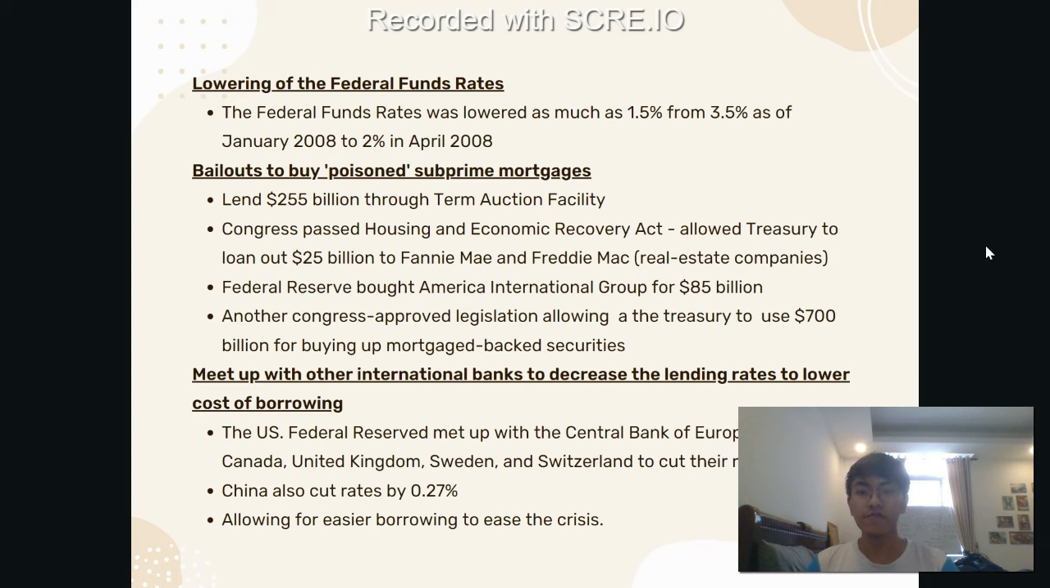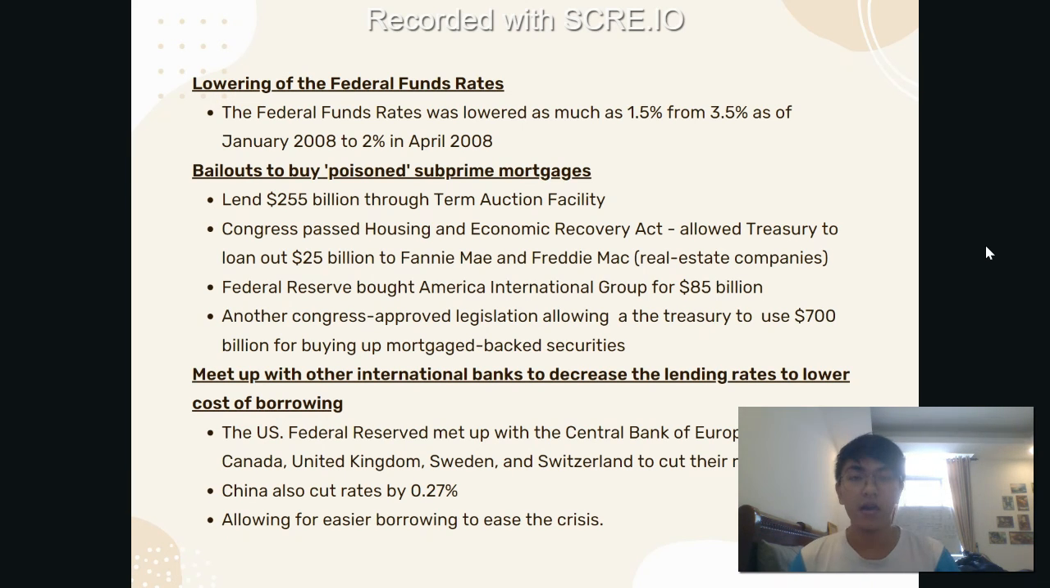Mac. Federal Reserve also bought in America International Group as they declared for bankruptcy. They bought them for 85 billion, and finally, there was a Congress approved legislation that finally saw that this crisis was really happening, and they allowed the budget of $700 billion for the Treasury to spend buying up mortgage backed